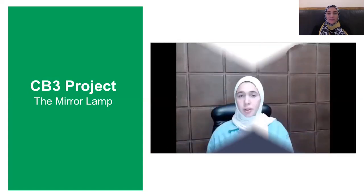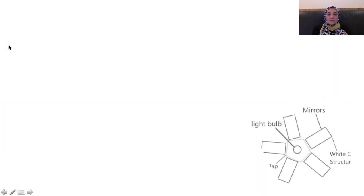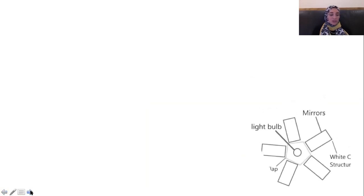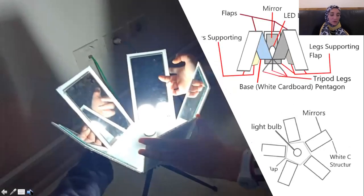We are trying to create a lamp that will provide enough lighting and at the same time use the least amount of electricity. We are also making it as cheap as possible, since our target customer are those who are less fortunate. This particular project, the mirror lamp, here's a prototype for it. It won first place. Hayah students also won second place with an educational video about biodiversity and a project about